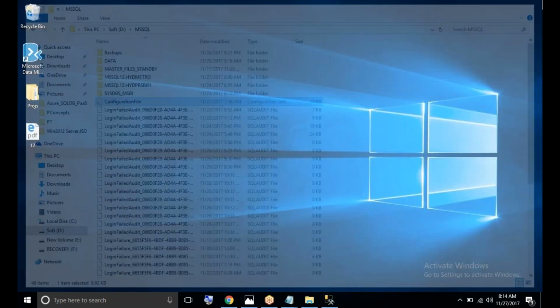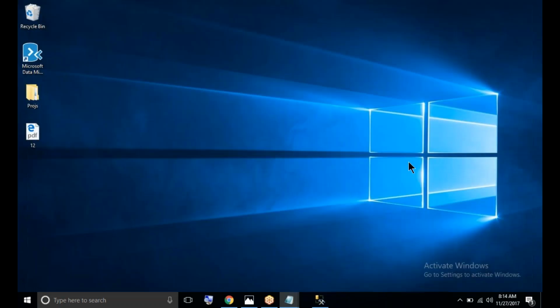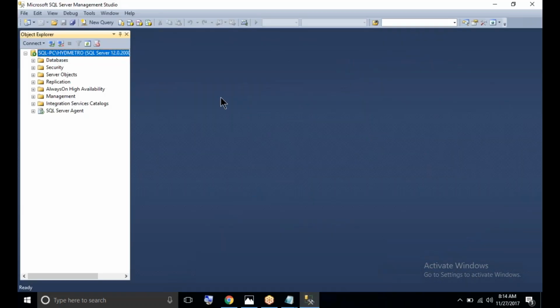Let's see how we do the command prompt installation using the configuration file. After that we checked that the instance, HYD metro, was ready. So we have done the installation using the command prompt. Then the next one, see, this is like